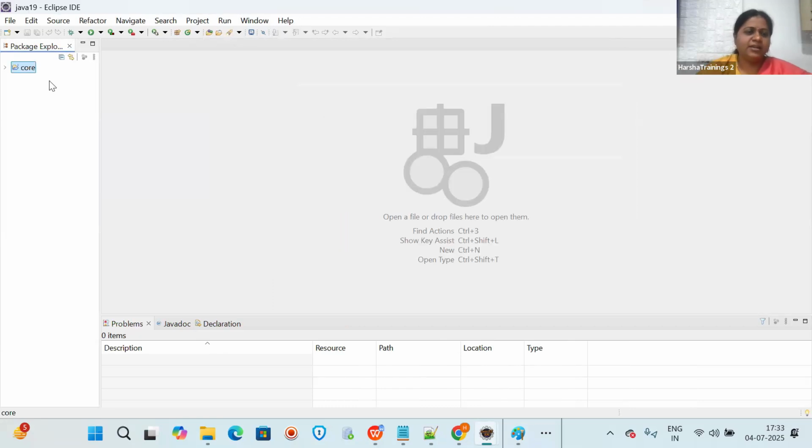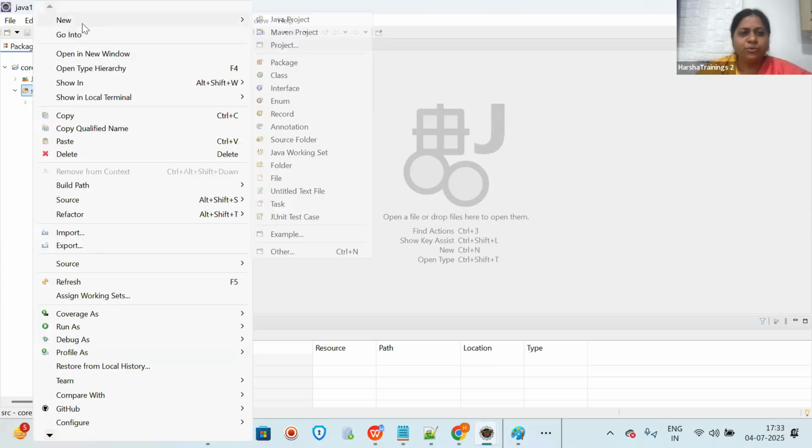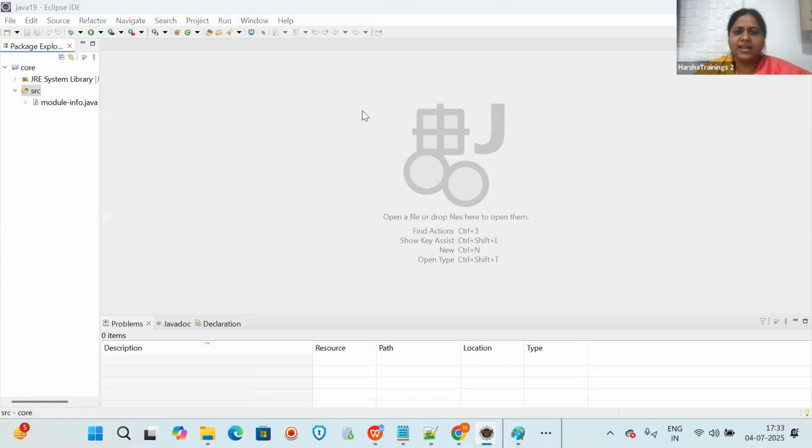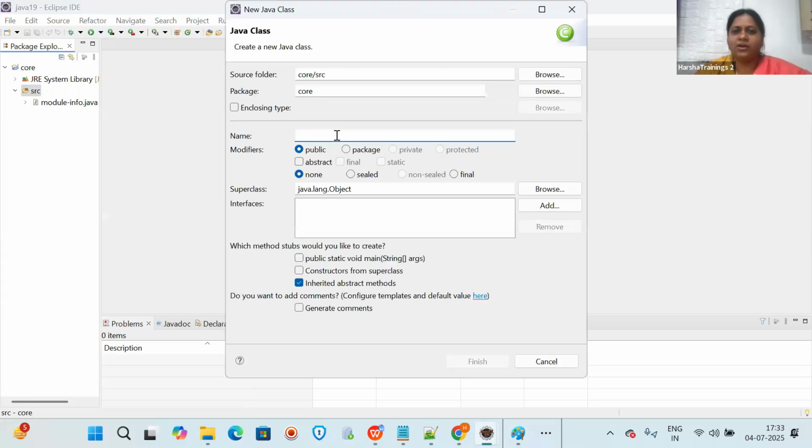And then here you have to expand Core. This is the project name we have given. Expand src. Then right click on the source folder. src stands for source folder. Right click on this and say New, and then what you have to select? Class, because everything we are writing is in a class only, no? So select the class here and give the class name, whatever name you want. I am giving just